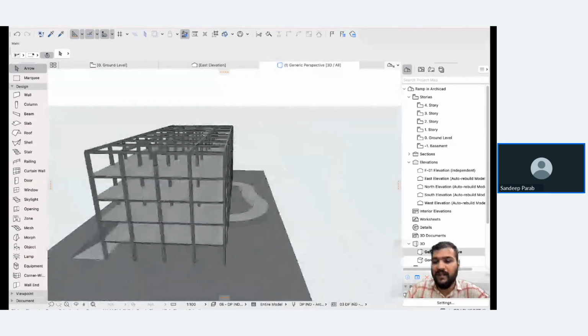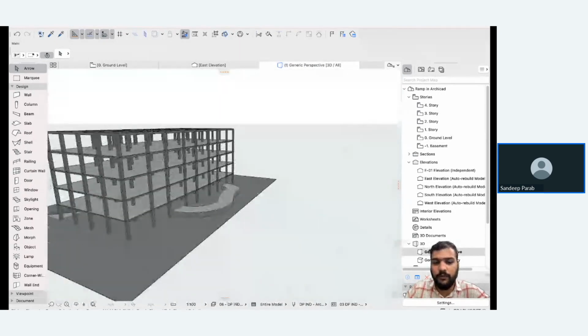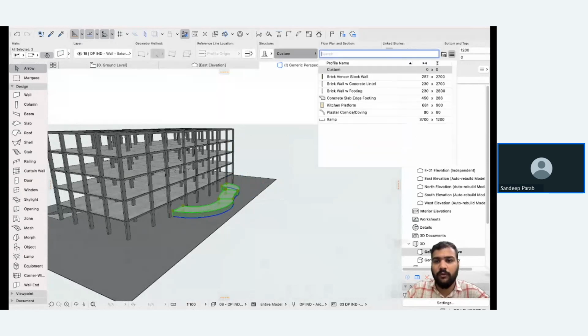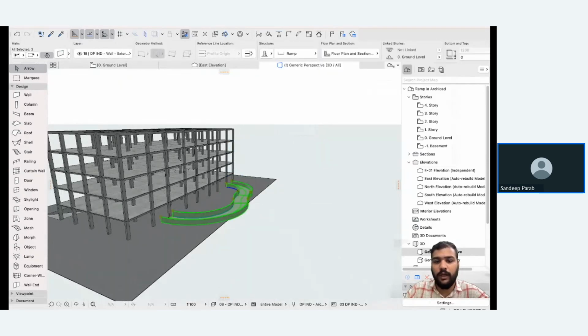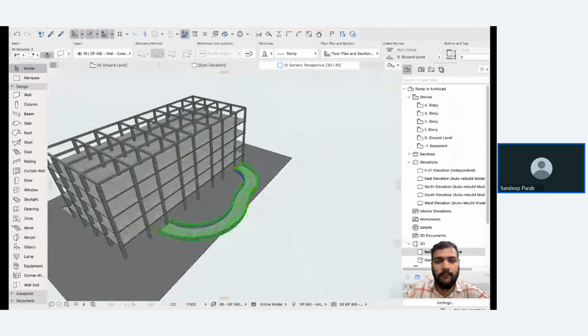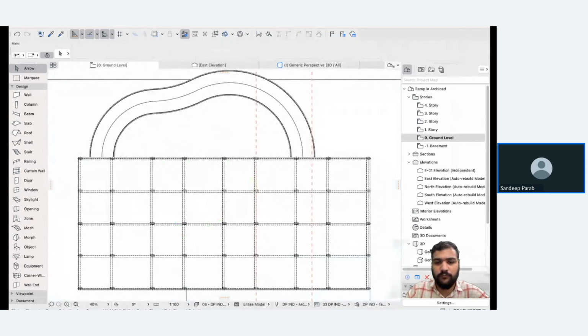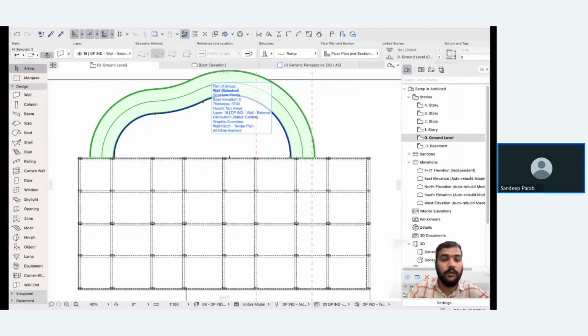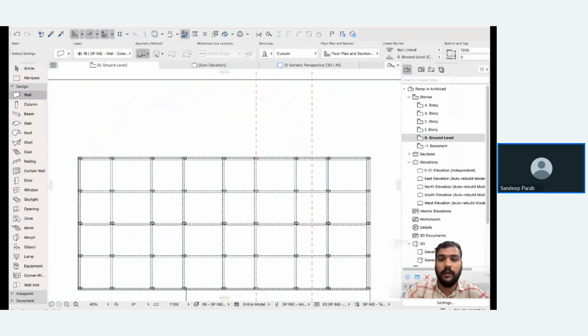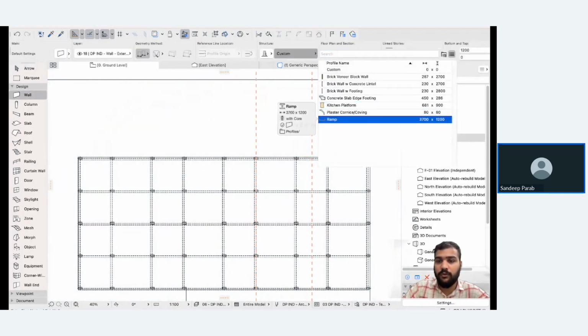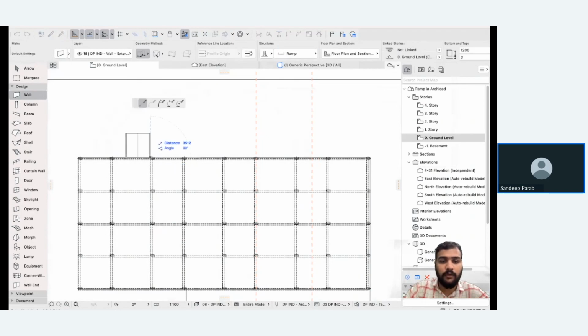So I just made a random curve over here. So this should be ramp. Just a sec. I took some other profile over here. I will just make it again. So ramp and